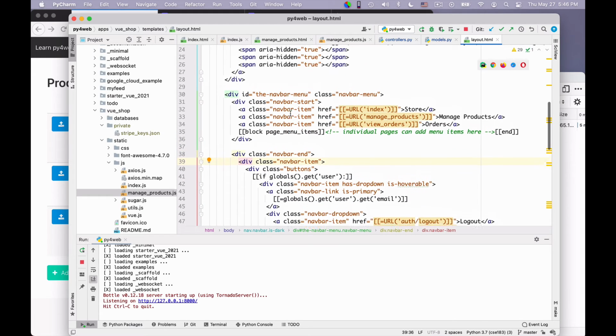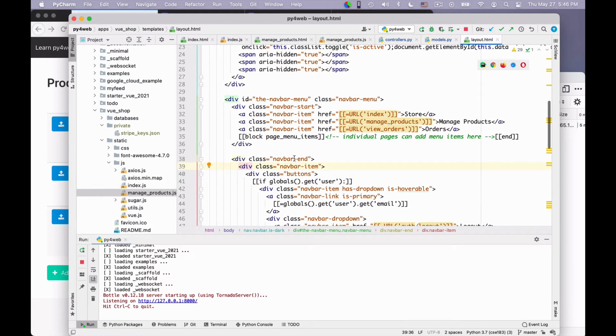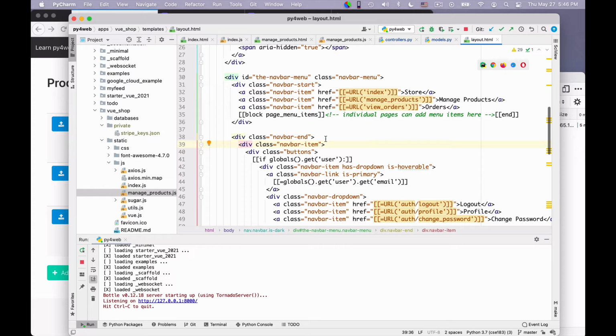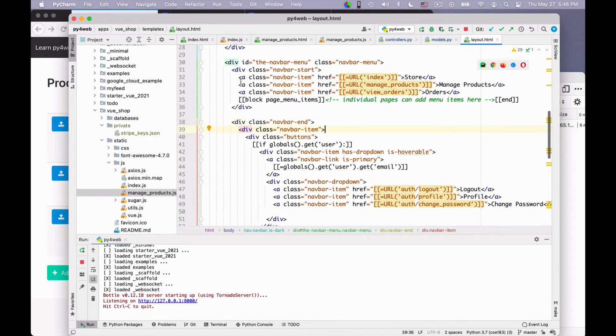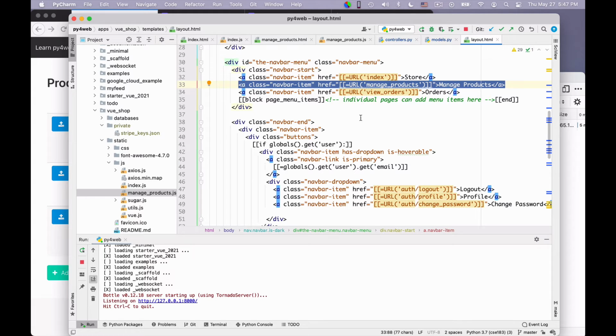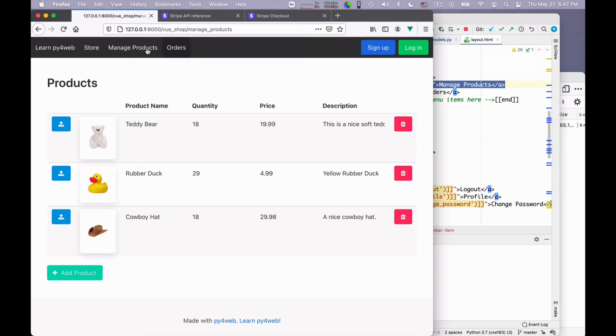There are two menu items: the initial ones that go to the left, and then the nav bar end ones that go to the right and contain the login portion. So I added elements to the menu bar by adding links over here to the layout. This ensures that the same links are present in every page, and they have a top bar with a homogeneous style.